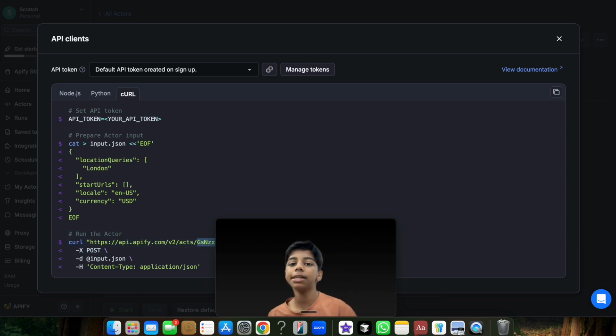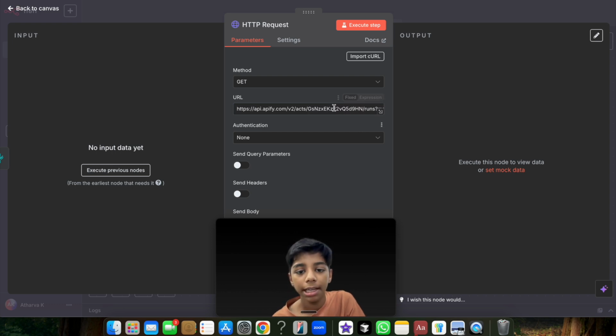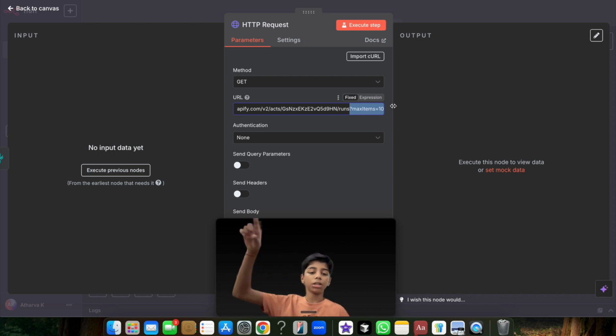You put that ID in, then /runs, then max items equals 10. This is very important, the max items, because it limits it to 10. Otherwise it goes in a loop and keeps searching Airbnb listings until your free credits are over, which is